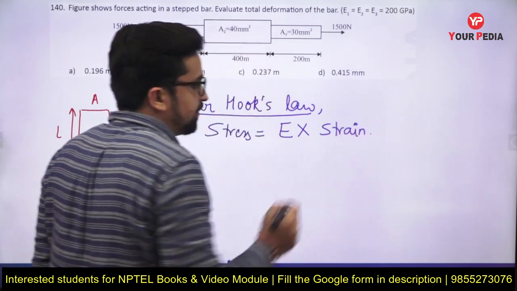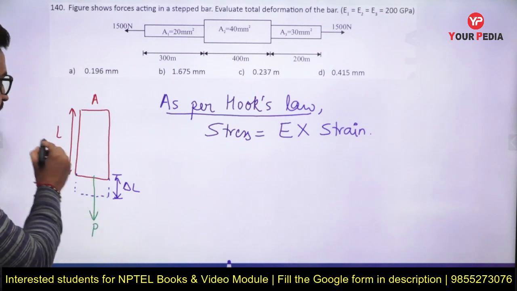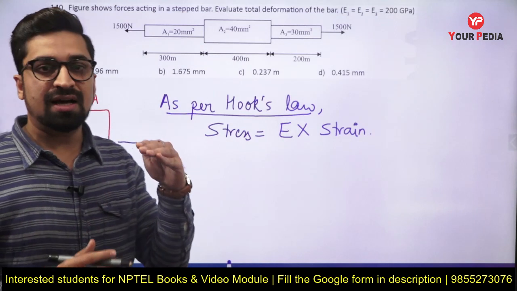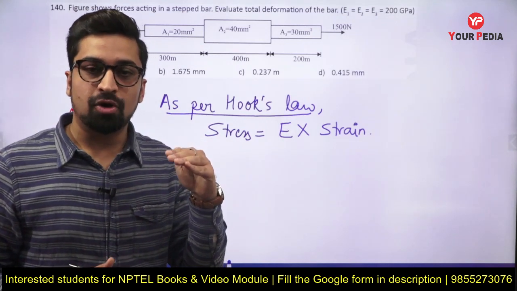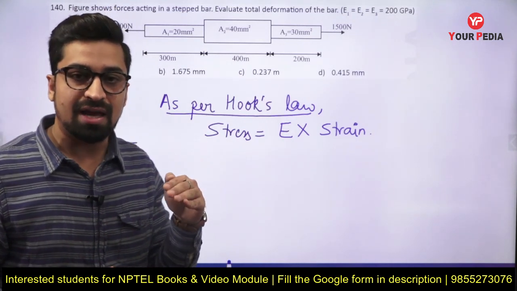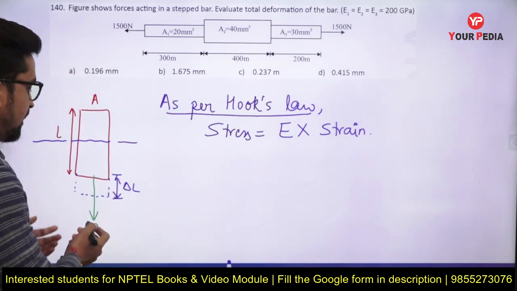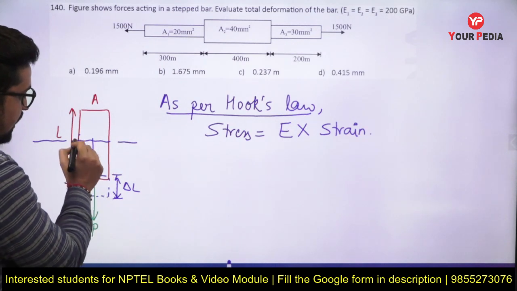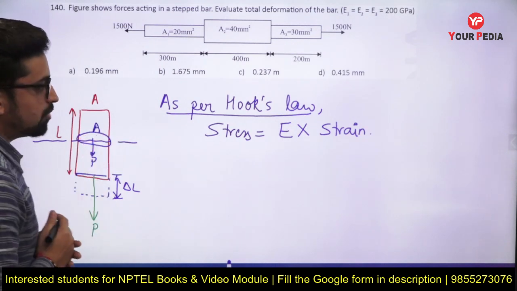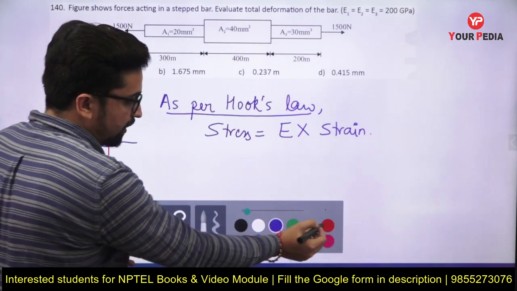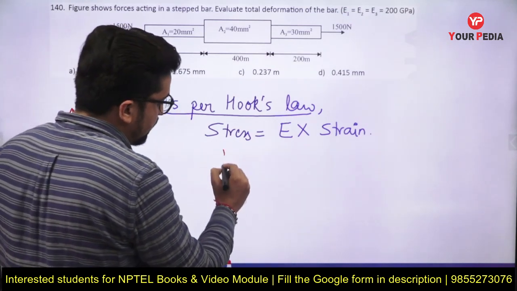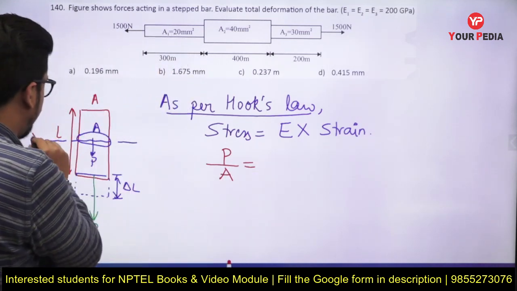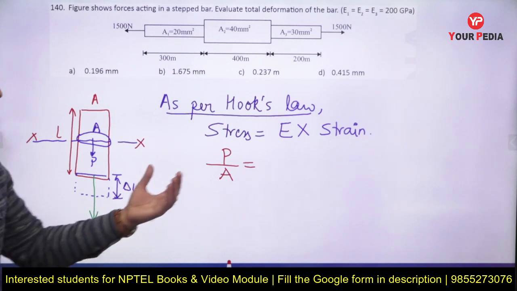And basically what is stress? So if we cut a area, or if we cut this cross section here, so whatever the force will be coming on this cross section divided by the cross sectional area will give you the stress. So we can see that P will be the amount of force that will be coming on this area, and the area is A, right? So we can easily say that the stress will be P divided by A. That will be the stress which is coming on this cross section XX, and along with that E is modulus